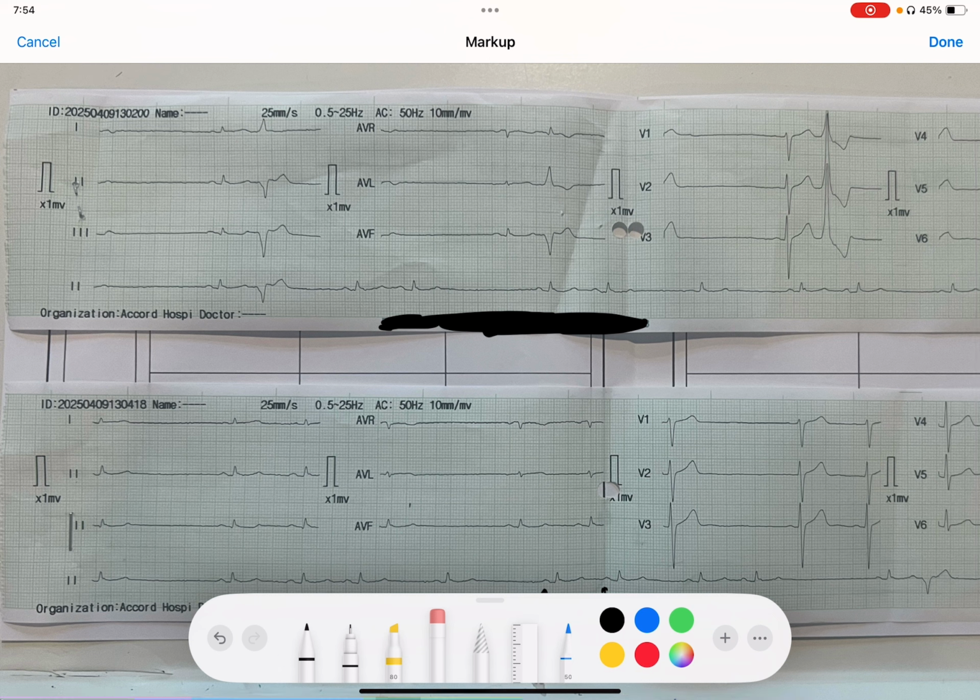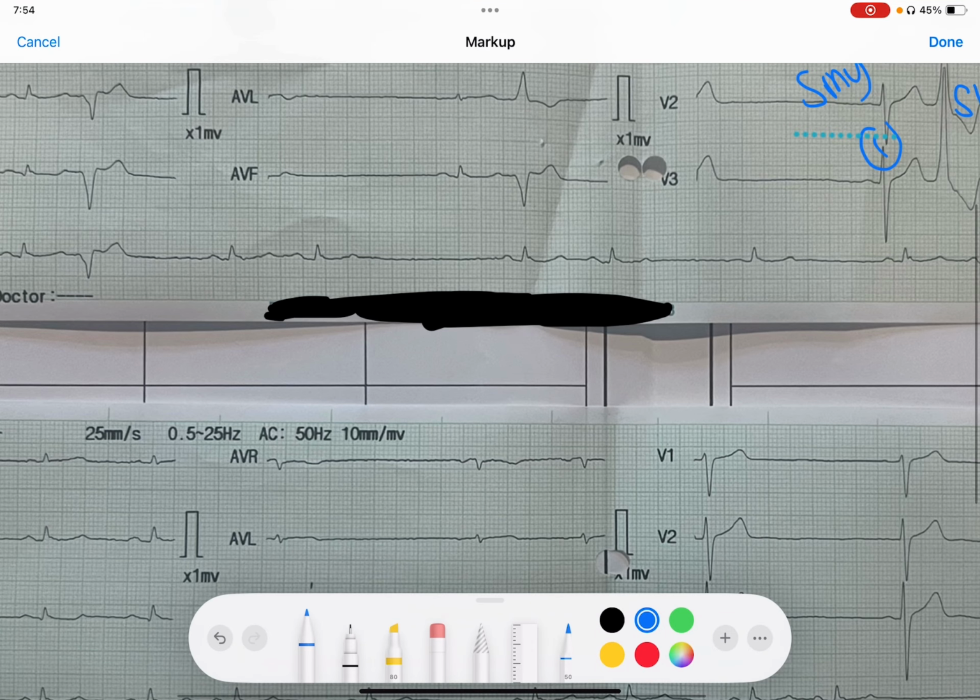sure. Now, why is there so much of a gap? One thing is sure that this is sinus rhythm. Now the second thing is there is a huge gap between the R to R complexes. So this is one problem because there is